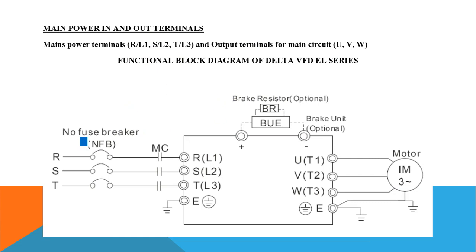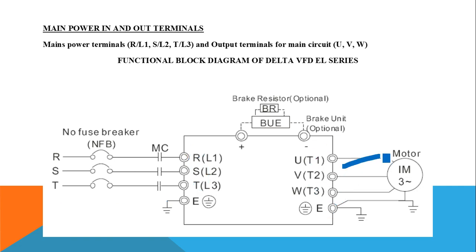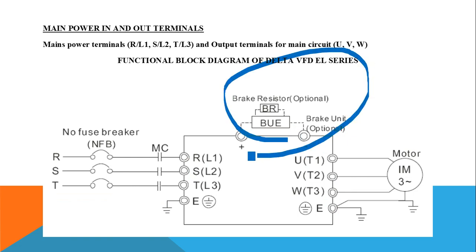Now the wiring part. There is L1, L2, L3 as the input, and RST will be engraved on the terminals. We'll see RST on the terminals where you have to connect L1, L2 and L3 as inputs, and there will be UVW written. From there you will be able to take out the output, and you can use additional optional brake resistors. That means in some applications like escalators, when switched off it should be stopped immediately.